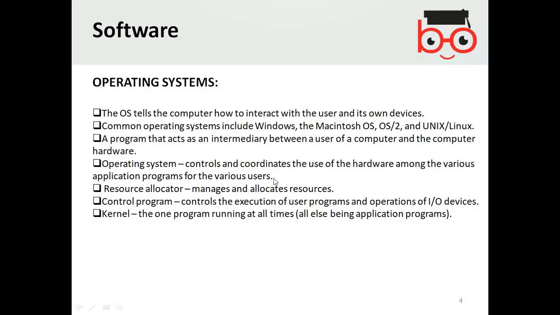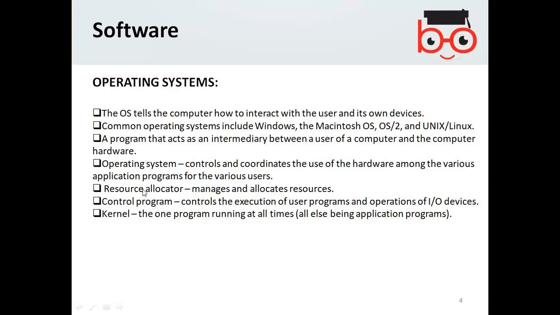For example, in Windows, you use multiple software at one time, like Join.me, Skype, Microsoft Word, the PowerPoint presentation. It is all controlled and coordinated by the operating system, and your computer is capable of running the various applications for the user.